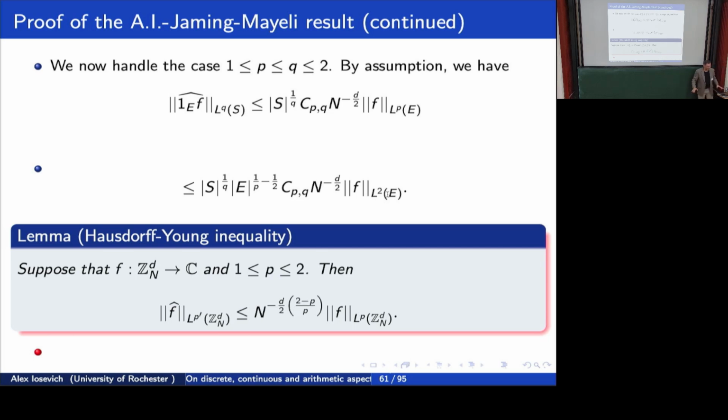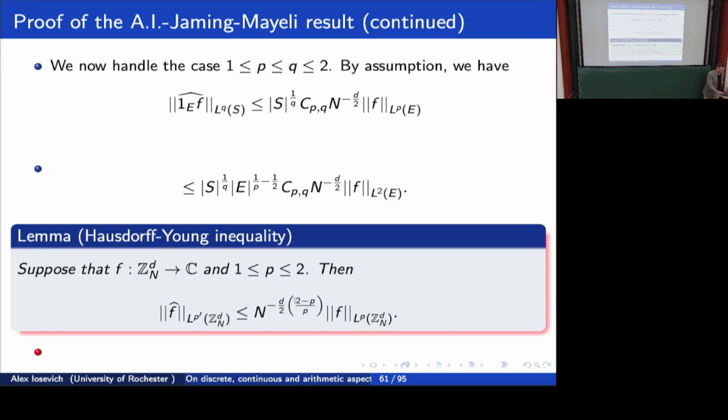Here, for the purposes of these lectures, I simply did not address the point of the best constant. Just by following the straightforward knuckle-dragging interpolation between L1 and L infinity and L2 and L2, you get Hausdorff-Young as always. On L2, you have a constant 1. On L infinity, you have a constant n to the minus d over 2. You interpolate using convexity, and this is what you get.